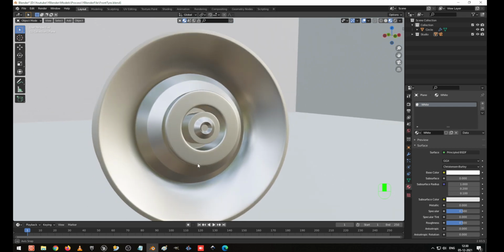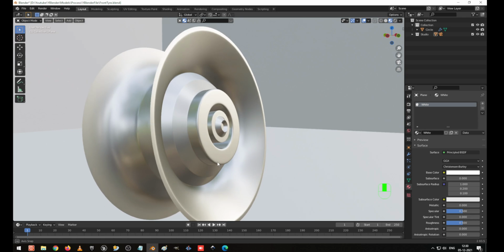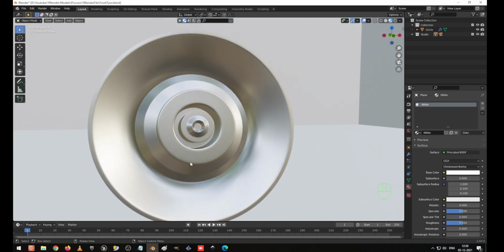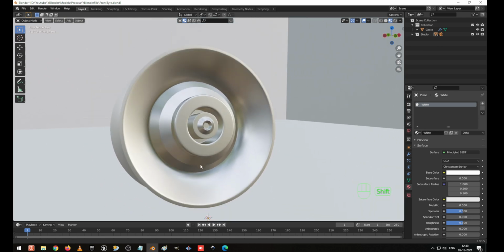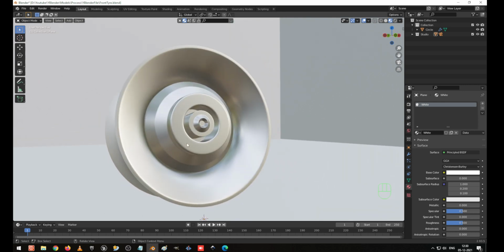You can use this for tires, for lorry tires or bus tires, or you can use it for a car also for the basic design. So next video we will look more clearly into that. This is just a basic design. Next video we will look more into high detailing for exact tires.